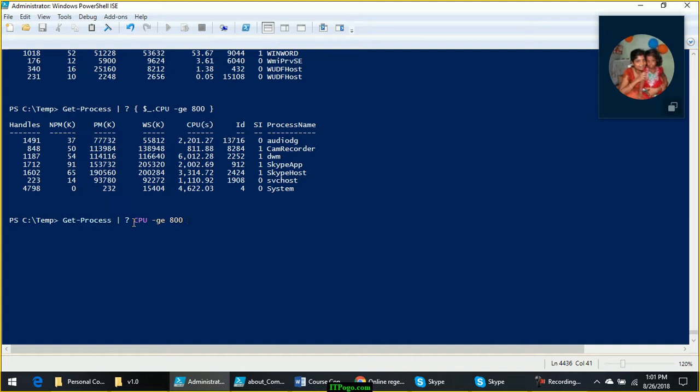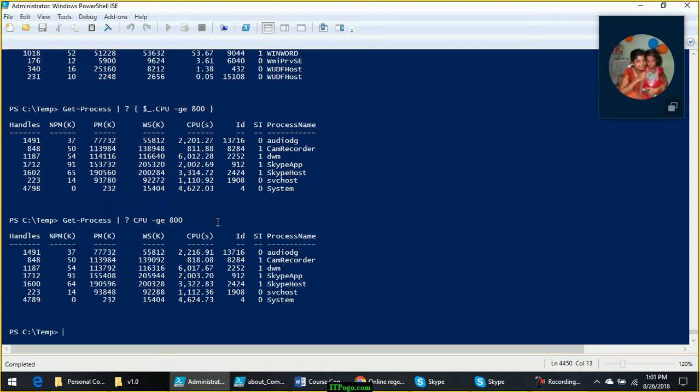It is same as this one, where CPU is greater than 800. Simple syntax. When you don't have to use multiple properties, you can use this syntax. This is the shortest way of filtering the output. Got it?